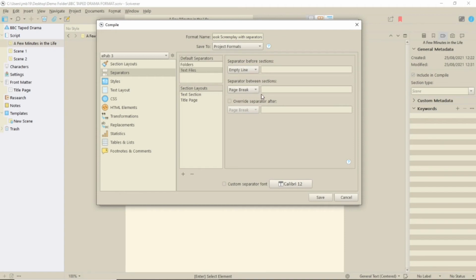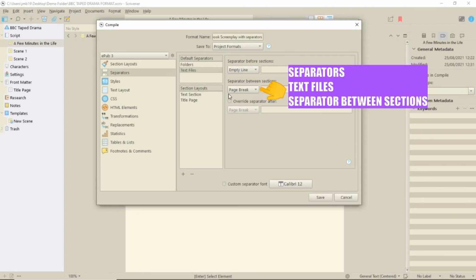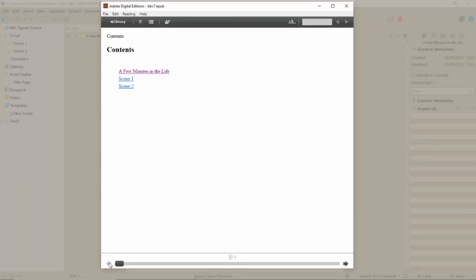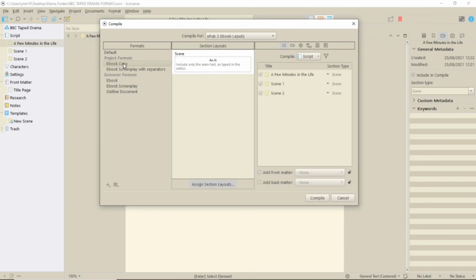Well, I managed to get the screenplay format to have pages between the scenes. That setting is here in the custom formats, where you can force a page break between sections. And having that set creates a normal auto-generated contents page. But I still couldn't get rid of the weird double contents title. I tried a lot of things and generated a lot of files. Eventually, during that process, I migrated to the standard ebook format because I know the contents page works in that.